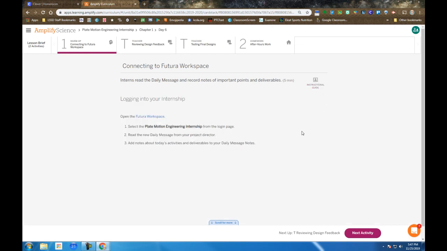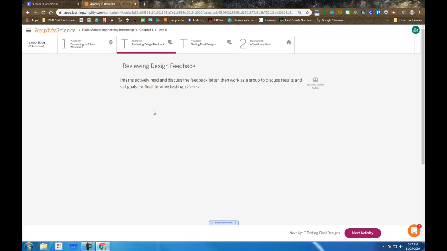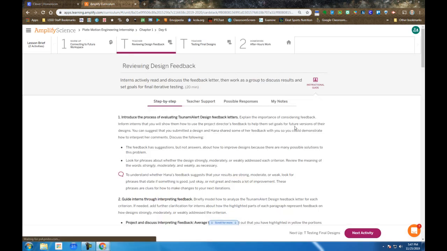When we go to step 1, as usual, it takes us out to the Futura workspace. Add to your daily notes with the date and the subject of what tasks you need to accomplish today. Then as a class, hopping over to Reviewing Design Feedback. And this is where I'm going to pull up